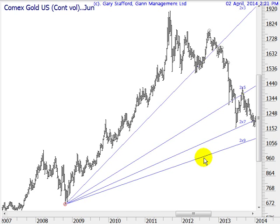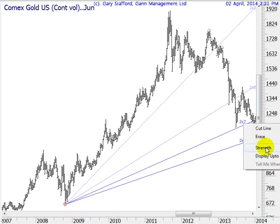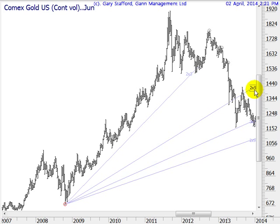However, because this low here turned out to be the low, I realised that I was actually wrong, and that I got the master time factor wrong. Now I'm just going to make those weak lines so we can hardly see them, and you'll see what makes all this so incredibly difficult. And I'll just cut the lines as I've done in all the videos so that you don't fit things into the future to see what you want to see. And so that was kind of the angles that I had coming up from the major low